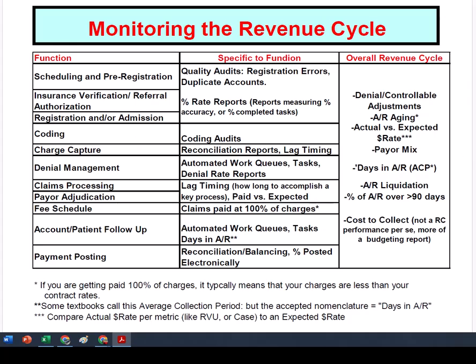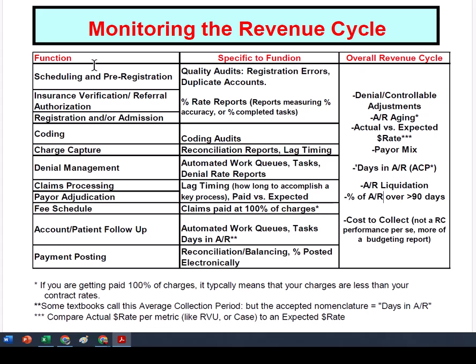So I've done some overall reporting that you might look at. Deniable, controllable adjustments, we'll talk about that. Super important. Accounts receivable aging, we'll talk about. You might run some actual versus expected. We'll talk about that. Payer mix we'll cover. Days in AR we'll cover. Liquidation percentage we'll cover. Cost to collect, some textbooks mention it. I don't think it really is a revenue cycle management report, but I throw it in there as a nod